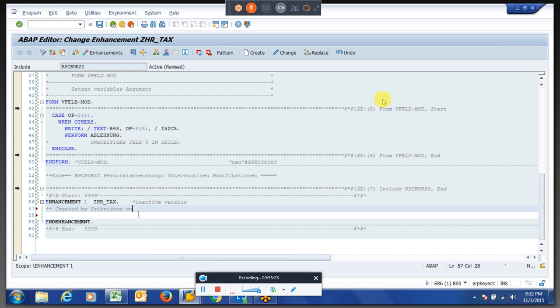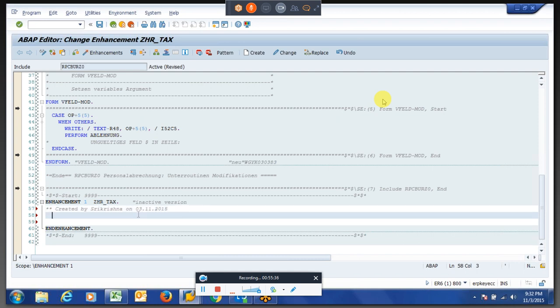You can mention the date, and write what this enhancement is doing and what purpose we have created it for, so that whenever the next ABAP consultant is going to change it, he can check the comments and then change.